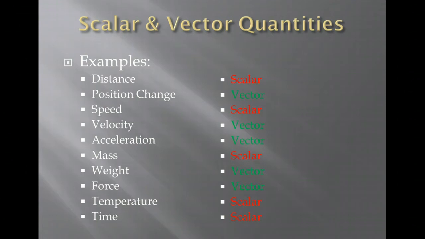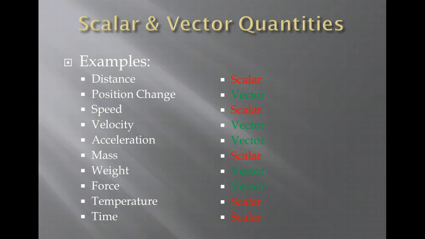Distance is considered scalar because when we talk about distance, we're looking at how far someone has traveled. You don't say, well, I traveled 18 miles west. Well, you could, but that would be your position change. The purpose of the distance, though, is just simply to describe how far you've gone. And because of that, we really don't worry about the positive or negative, and so therefore it is a scalar